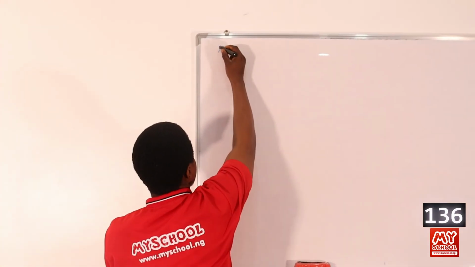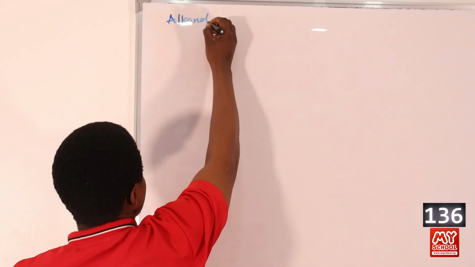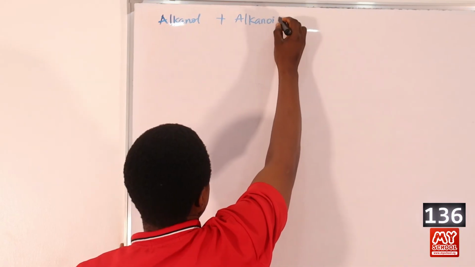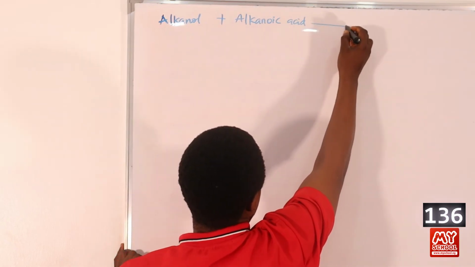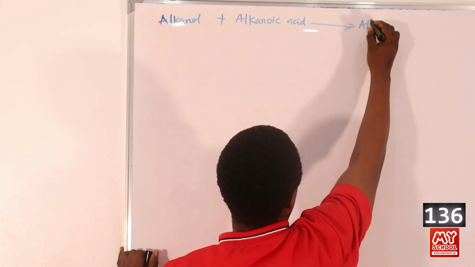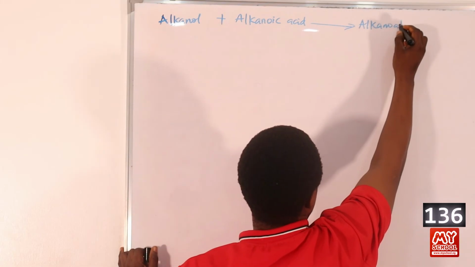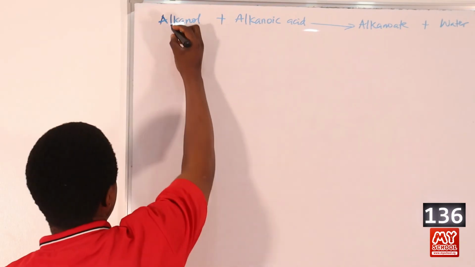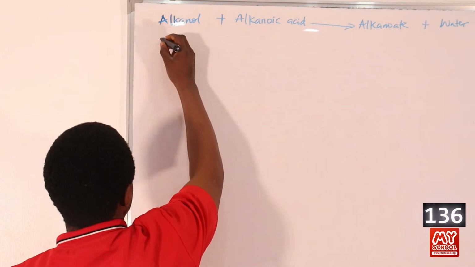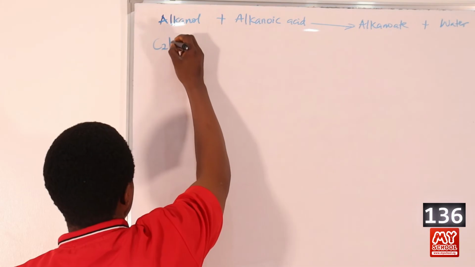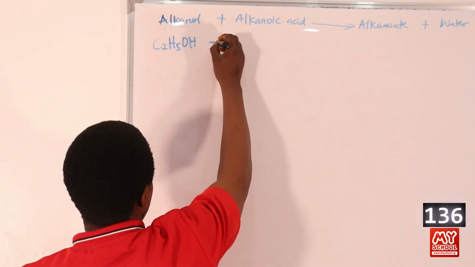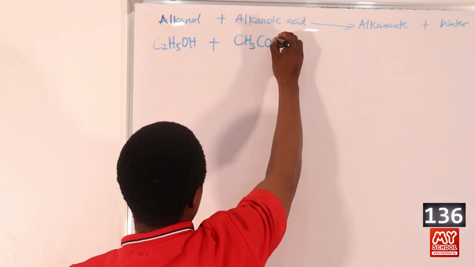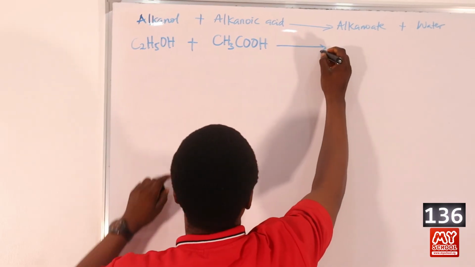Let's write it. So we have alkanol plus reacts with alkanoic acid, okay, to give alkanoate, okay, plus what? Plus water. Okay, so we can have an example. Alkanol, let's have ethanol, for instance, C2H5OH plus alkanoic acid, we have CH3COOH, and then this gives us we have